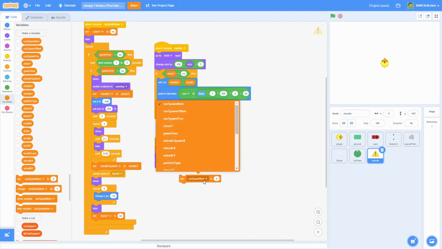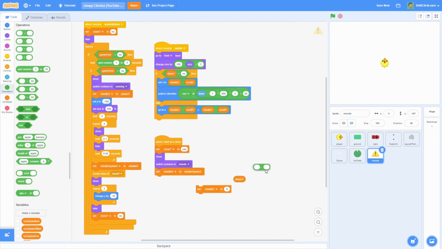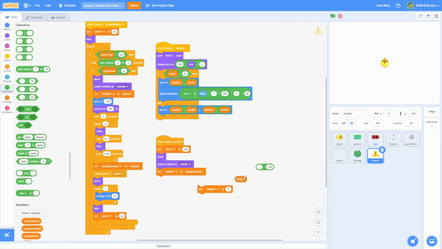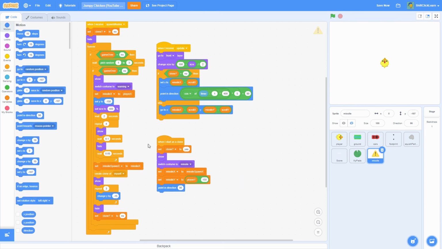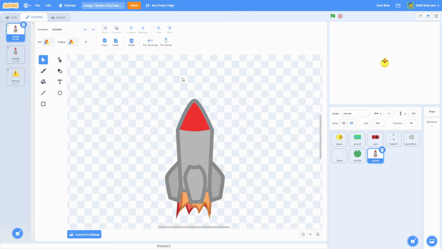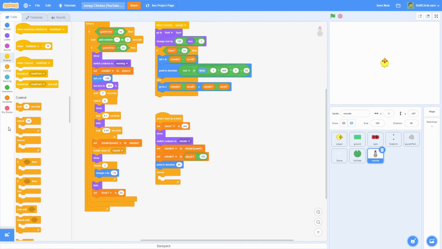Next, let's go ahead for the when I start as a clone, set that missile X to missile spawn X. That is where that variable comes in, and the missile Y is actually going to be player Y. Set that to the player Y, but we want it to be below it. So let's do -150, and next let's do point and direction 90, and make sure you design your missile facing right up. That way it will be in the right direction. Otherwise, if you make it facing to the right, just do point and direction 0 instead, and then do forever